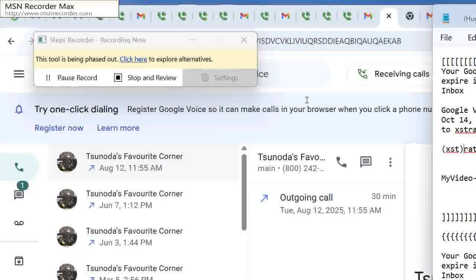So three words concatenated: X, strategy, and run. That about running a strategy using X.com to run various programs.